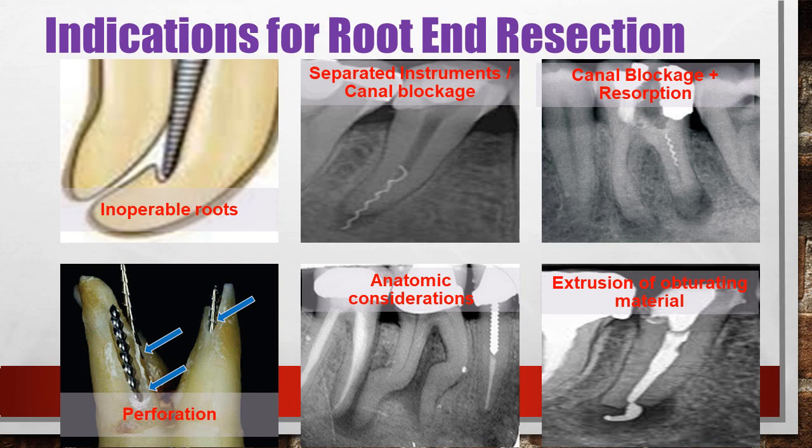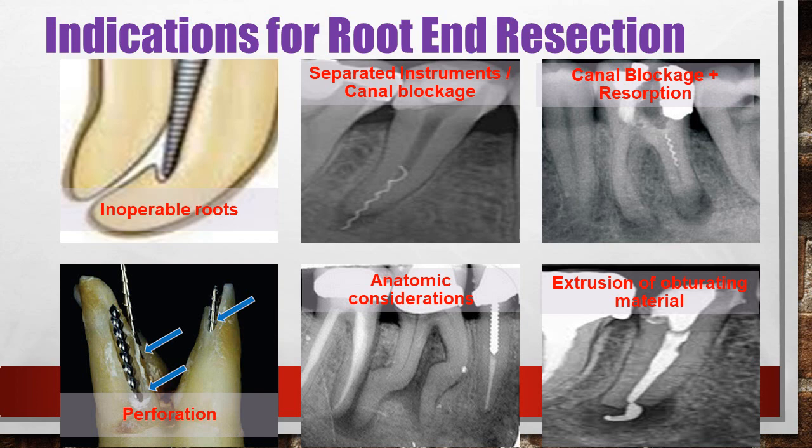Anatomic considerations. As you can see in the fifth figure, the middle of the bottom row, in the first molar, there are large periapical lesions, and you can barely see the shadow of the pulp canal in the roots. In such cases, because of the weird curvature, it's going to be difficult for your conventional hand files to reach the tip of the root. So in such cases, you may want to intervene surgically.